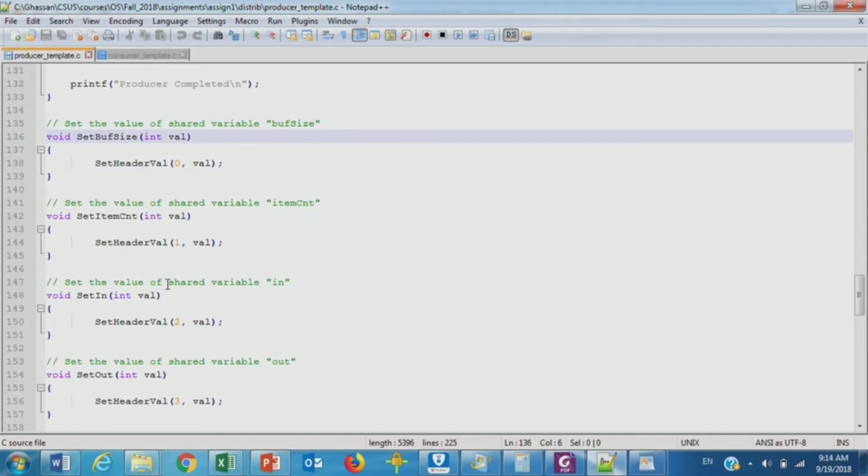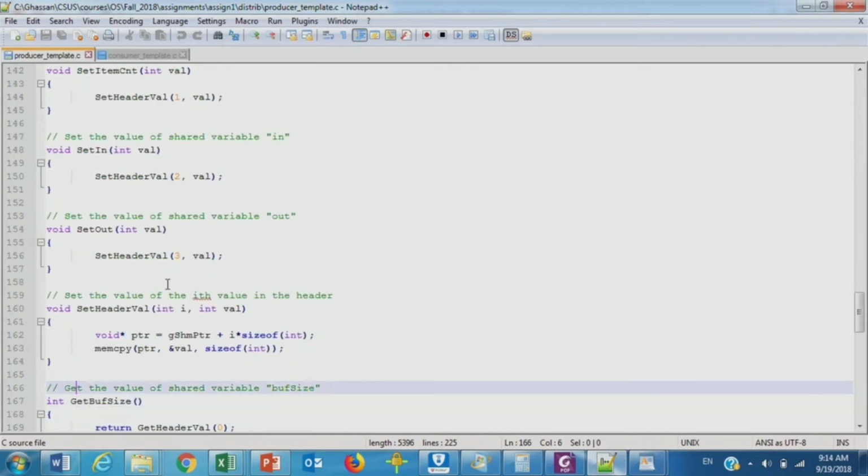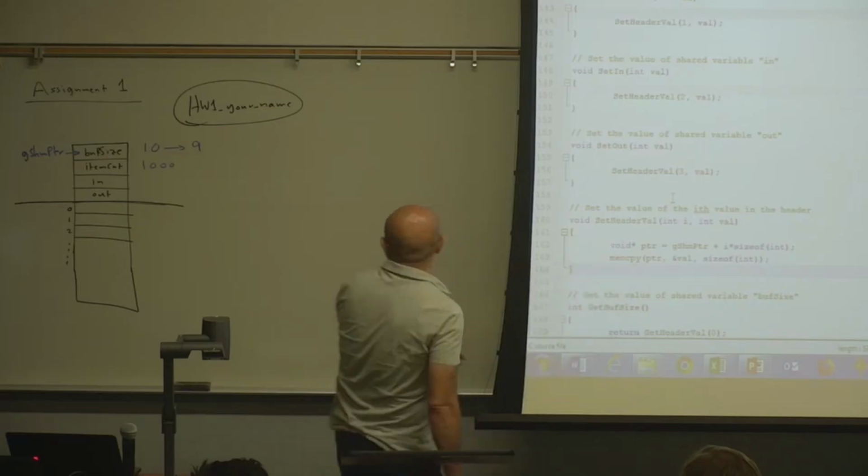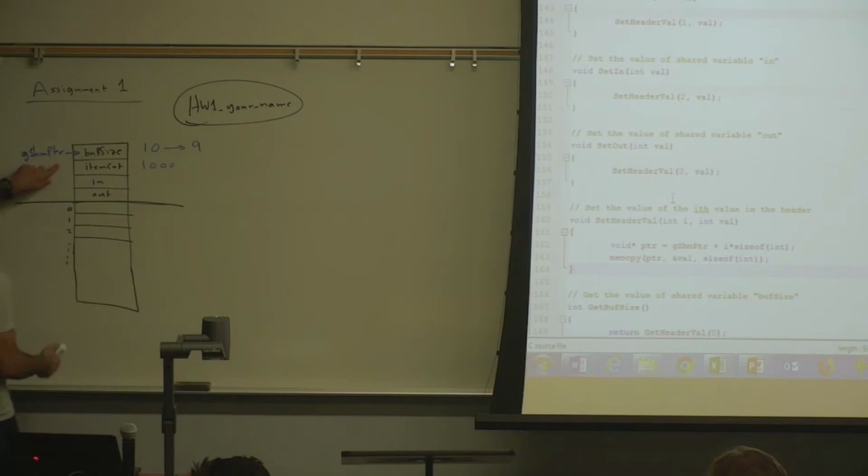There is set buffer size, set item count, set in, set out, and all of them call a set header value. And set header value looks like this. What set header value does is that it will calculate the address for that header value. For the buffer size, it's at offset 0.